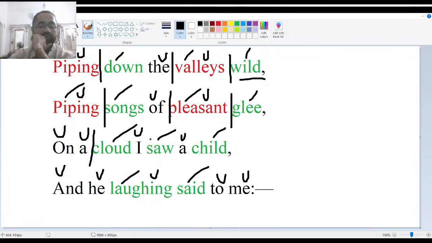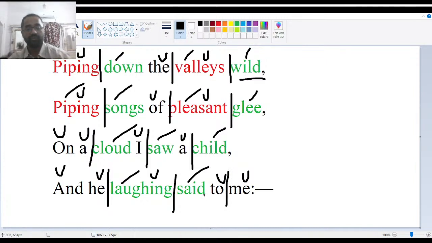Third line: on a cloud I saw a child, and he laughing said to me. Said to me. So "said to me" comes together, doesn't it? And he laughing said to me. It's not like that. And in any case, remember this is very important. Remember that you do not